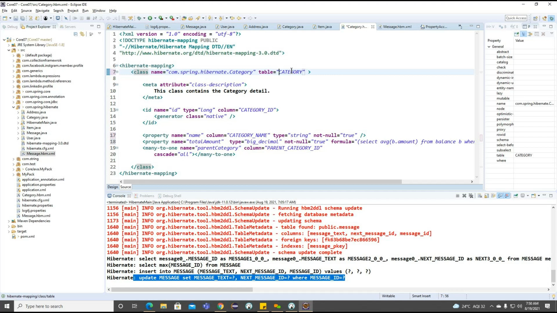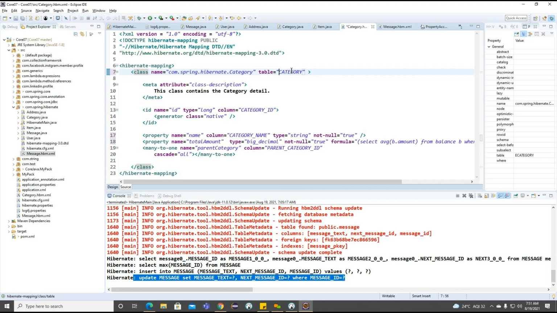Whenever we are working on an application, for example the e-commerce application, we can prefix the table names with something like EC underscore category, so that we can easily understand that this category table is related to the e-commerce application. Getting the point? So how are we going to create this naming convention? Along with the table, we can go for the columns here.